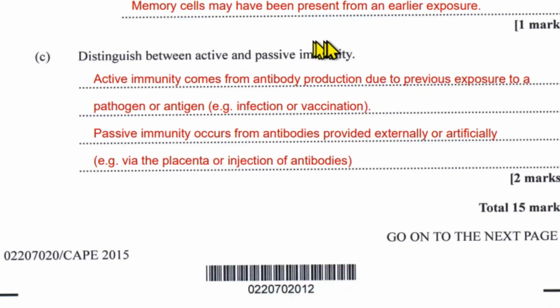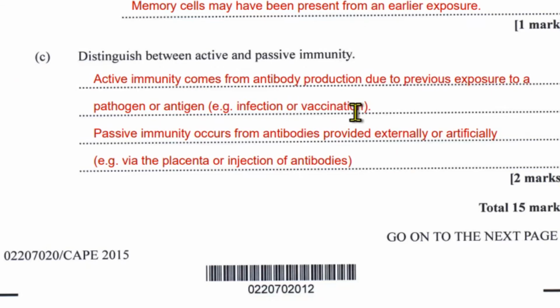Alright, so let's look at C. Distinguish between active and passive immunity. So active immunity comes from antibody production due to a previous exposure to a pathogen or antigen. Basically, you get infected and you produce antibodies and memory cells, so you're able to fight off the infection faster in the future. Now this could be unintentional, which means that you're just walking outside and somebody sneezes out some viruses and you breathe it in and get sick. Basically what's happened with COVID. Or it could be intentional. You can inject a weakened version of the pathogen into your bloodstream and enact an immune response from that,